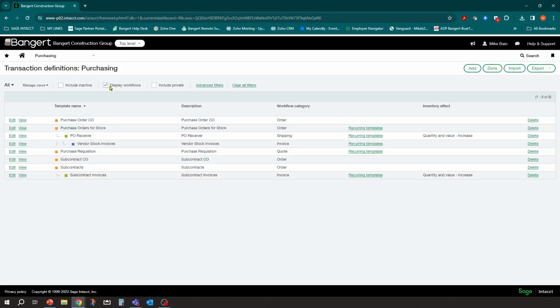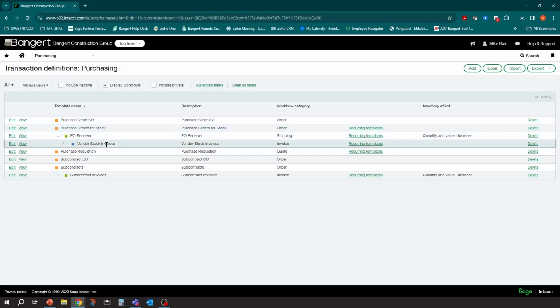The one we're going to talk about today is getting ready for that purchasing workflow in the next session. So we want to make sure we have the definitions set up that'll take us through each of our steps or phases in our inventory process, where we're actually ordering stock through a purchase order, receiving that stock, and then recording the vendor invoice for the material from that order.